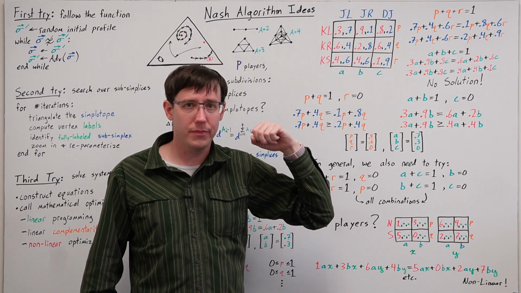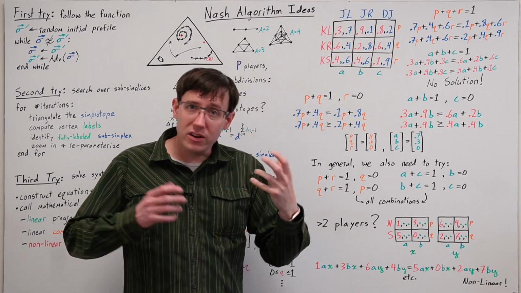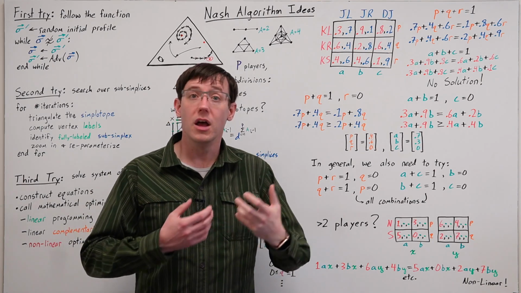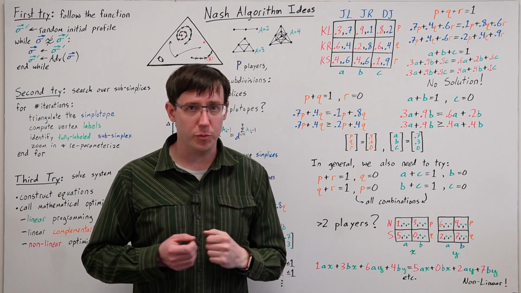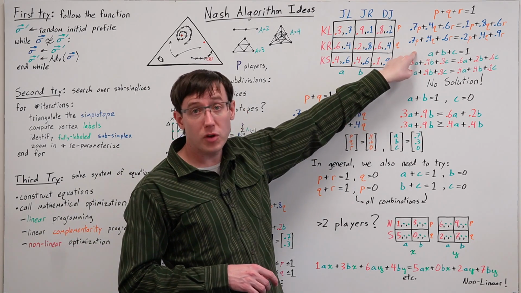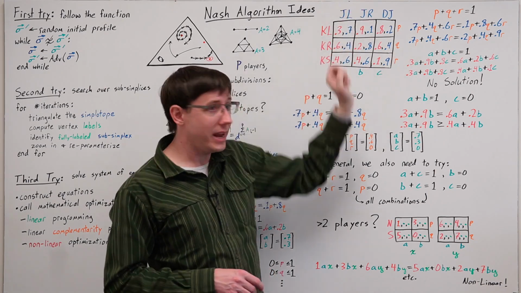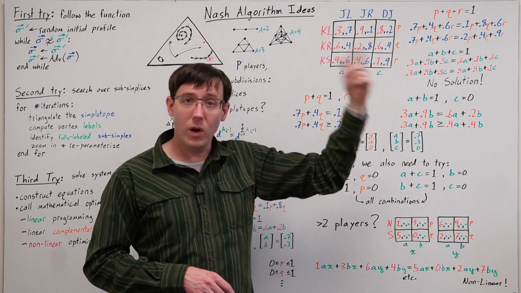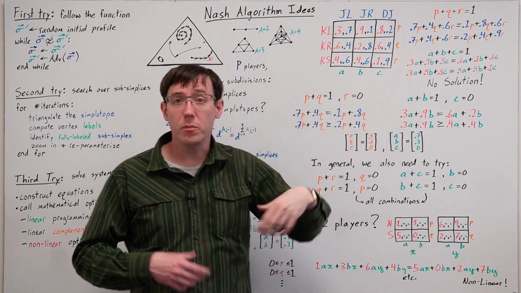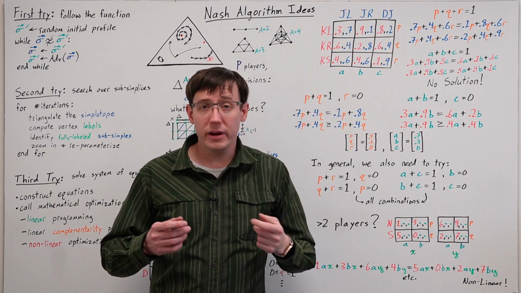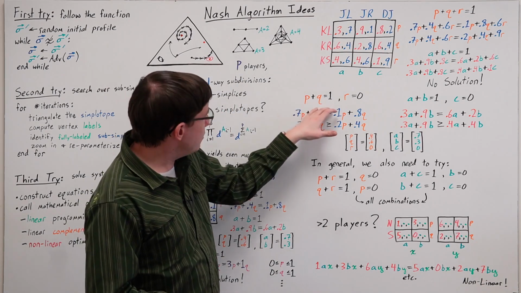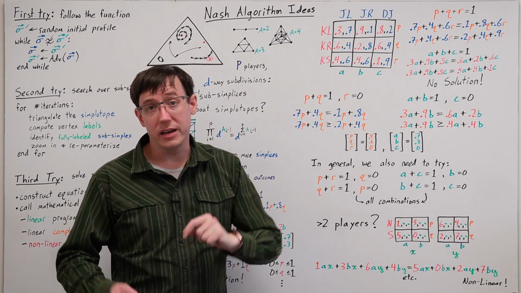3x3 game is that we would have to generate separate linear programs for the different possible support sets for each player. So we might start with the support set of all three actions, and when the solver tells us that program is infeasible, we would move on to exploring different combinations of a subset of the strategies being in each player's